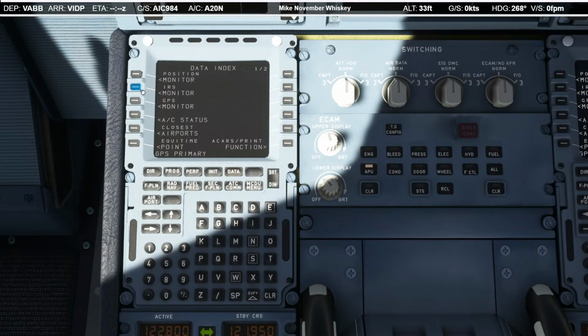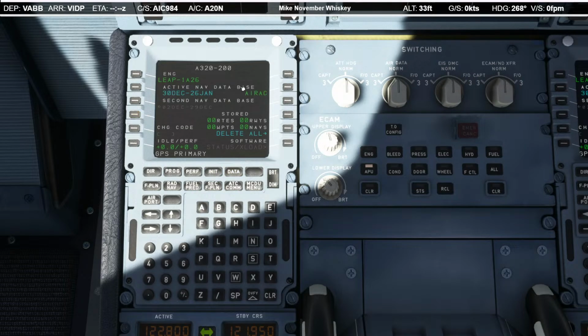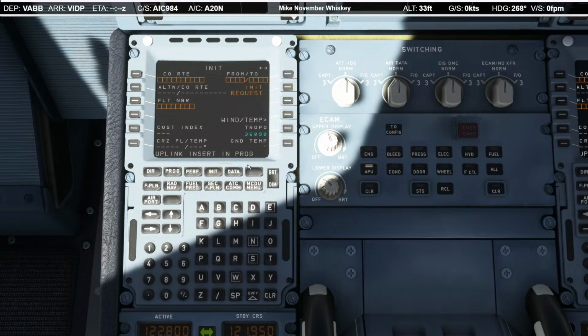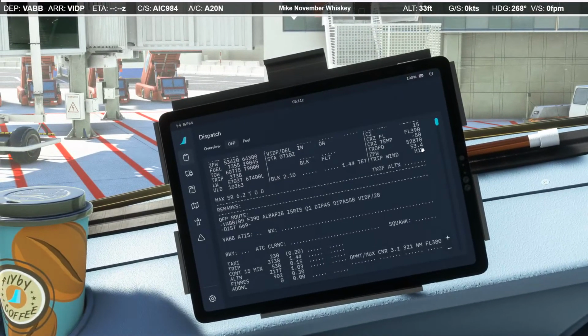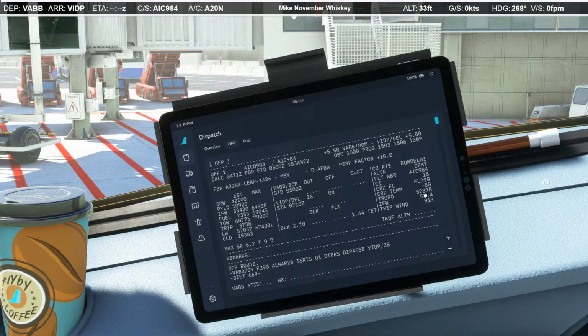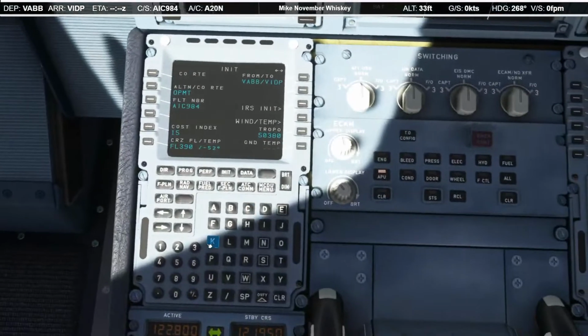So data, make sure our IRSs are aligned. They are. All nav. Let's check our engines are correct, and our AIRAC cycle is the latest cycle. So that's all set. Hang to init 1, do our init request, confirm the data here. Mumbai to Delhi, OPMT is our alternate, Air India 9084, constant X15, flight level 390. That's all correct. Chhatrapati is pretty close. Let's see the OFP. This is a bit higher, 52870. We'll put that in.